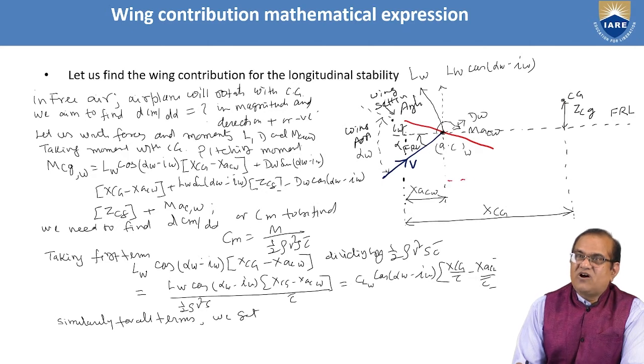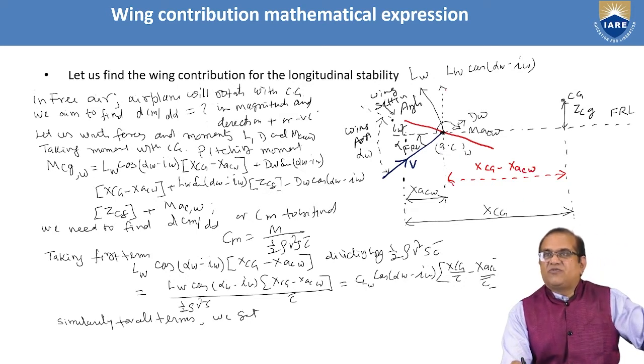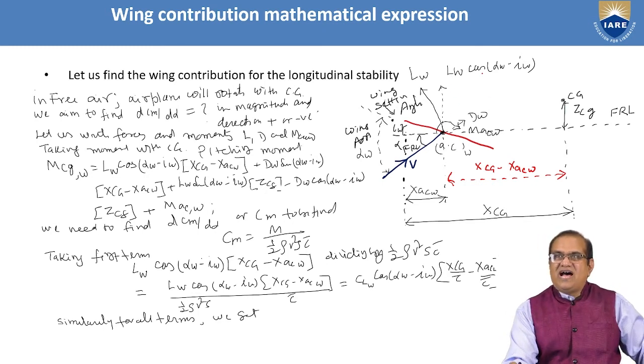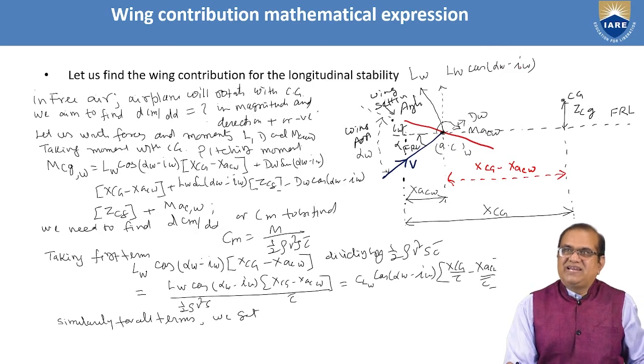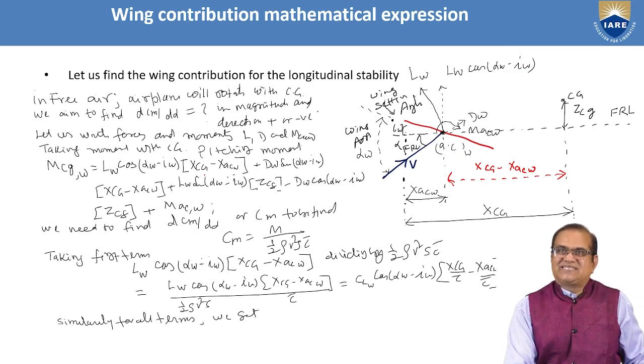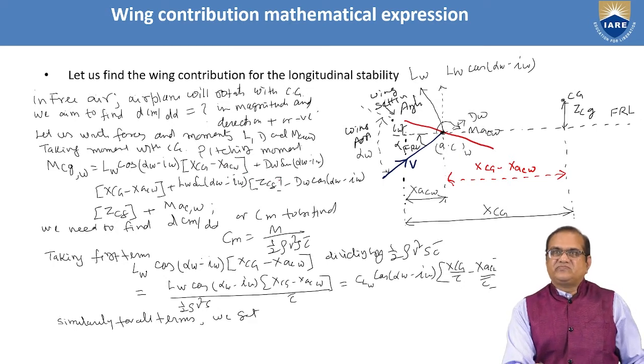How much is it from here to here? This distance is x_CG minus x_ACW. So L_W cos(alpha_W minus i_W) into (x_CG minus x_ACW) plus